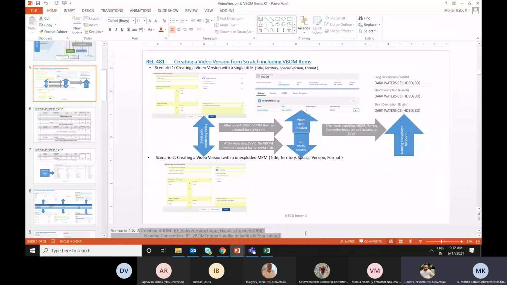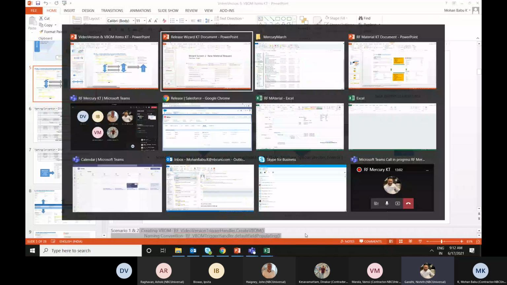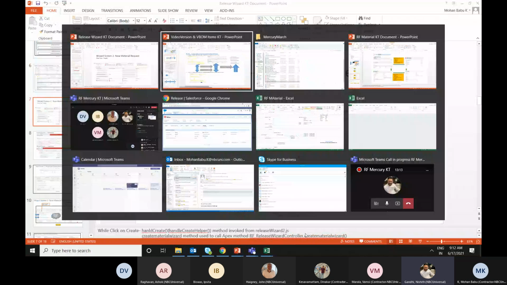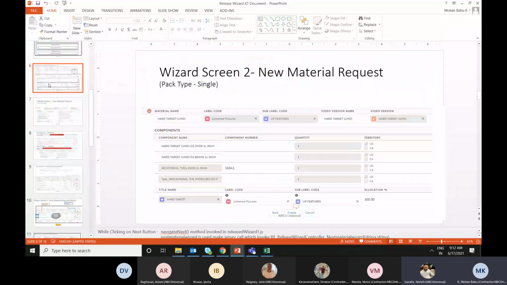But at the same time, we just wanted to know when we create a material, what Apex classes are being called in order to create the VBOM, in order to create the sales org lang, in order to create the ZBVR Salesforce sales org lang. We don't want to know in depth what is in the code, but at least which class is being called. Does it make sense?